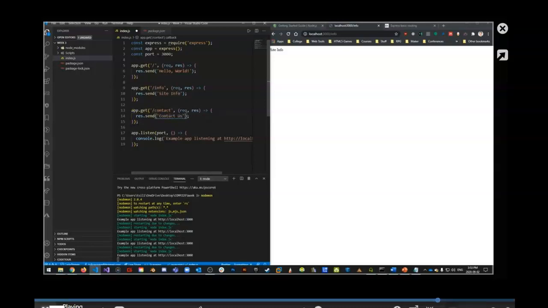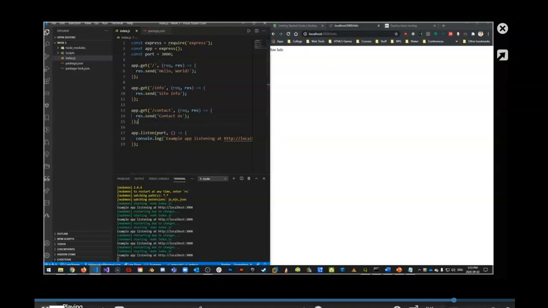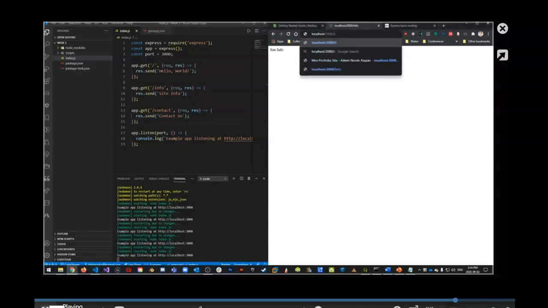So here we're actually handling the routing manually, and this is what you're going to see over the next week or so. We're going to be talking about routing with Express and how we have to specify pretty much every route that we want our server to respond to. Routes that aren't listed in our server are going to be responded with a 404 not found. Let's take a look and see what happens here when I do this. If I save first, you're going to see that the server just restarted. And then if I go and put in, as an example, contact,